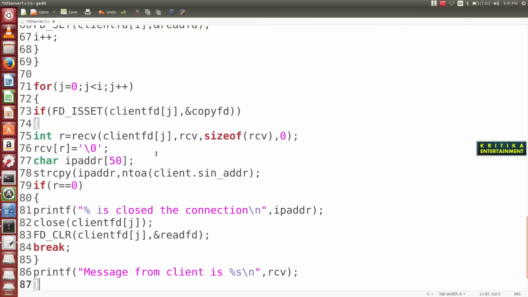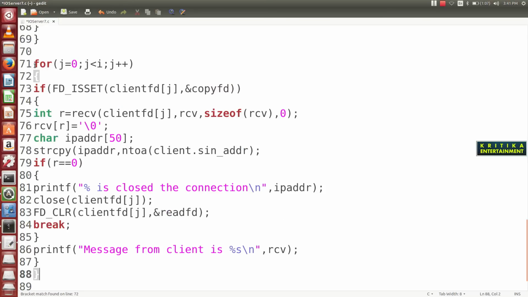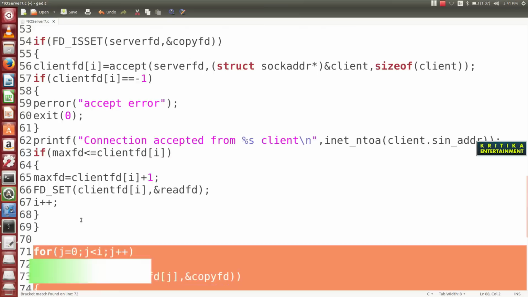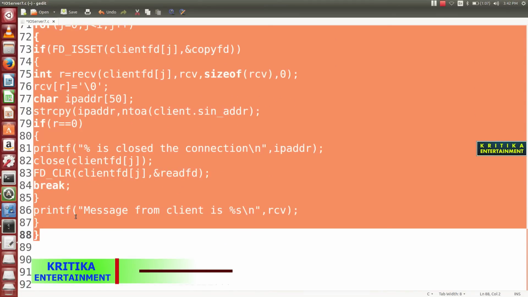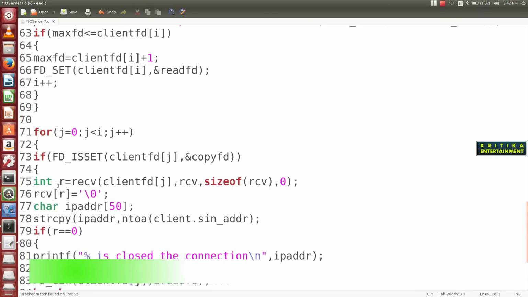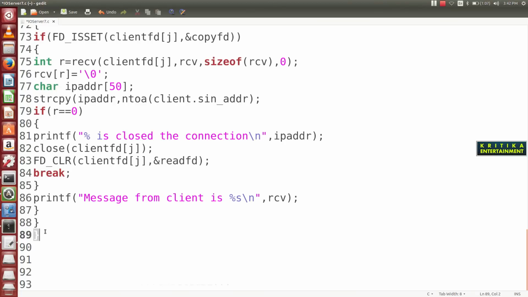It is for the if. Then you use another bracket, it is for client side communication. Then another bracket will be closed, and this is for the else communication.